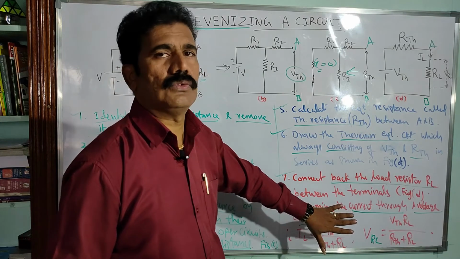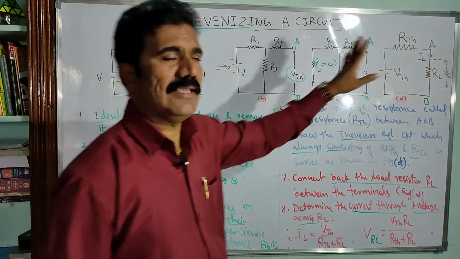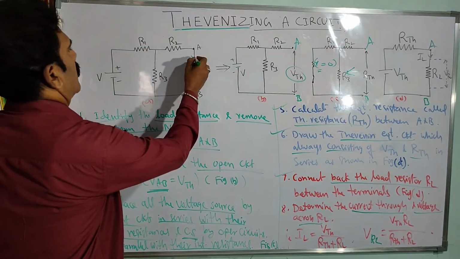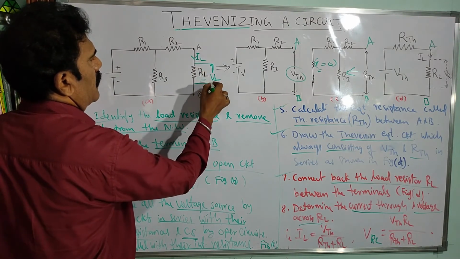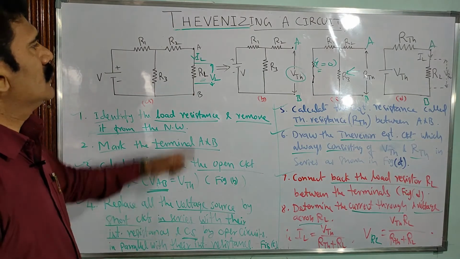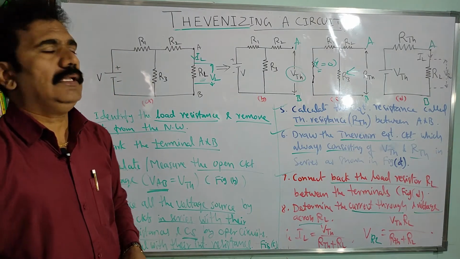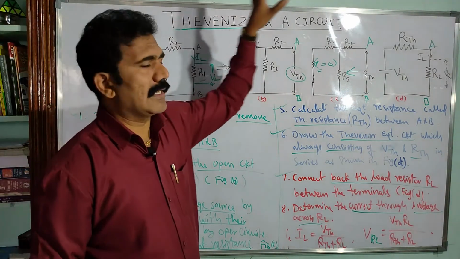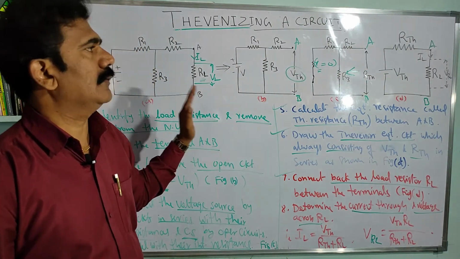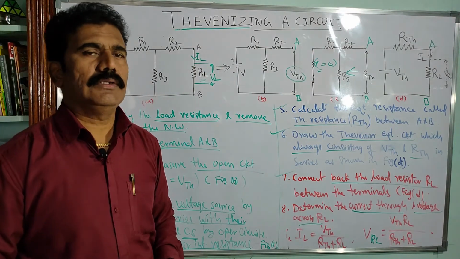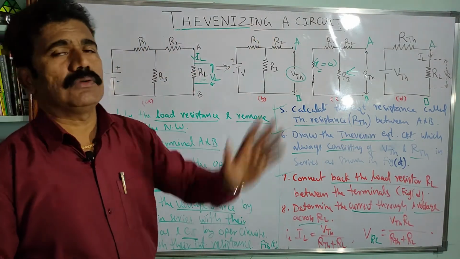These values measured or calculated across the simple Thevenized circuit should be the same as in the original network. Suppose we calculate the current IL through RL and the voltage VL across RL. These values should be the same as in the final simplified network. Then we can say the complicated network has been Thevenized to a simple network according to the steps, according to the theorem. That is the procedure to follow in any complicated network for Thevenizing a given circuit.